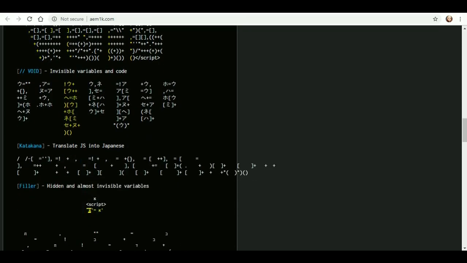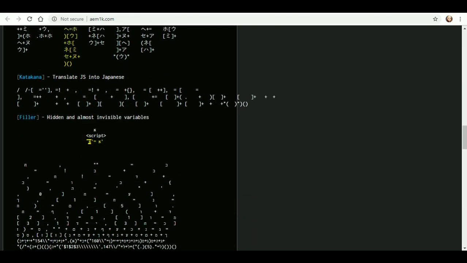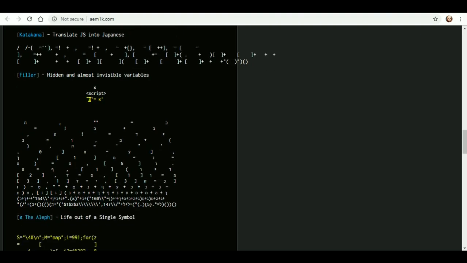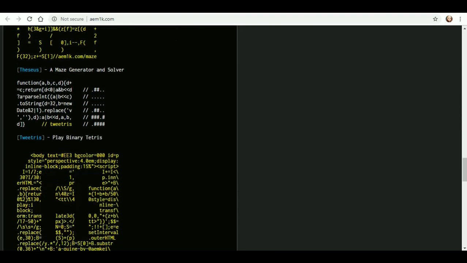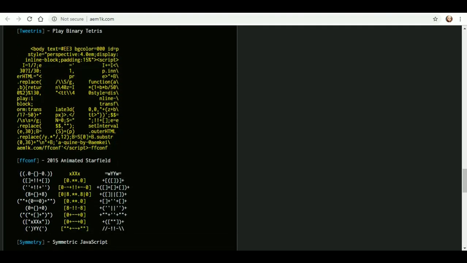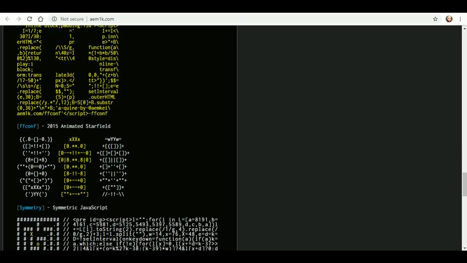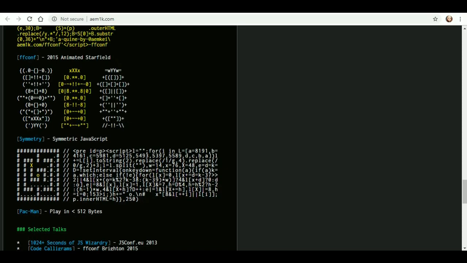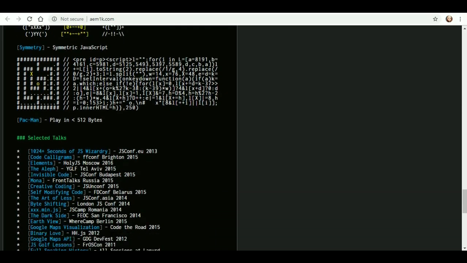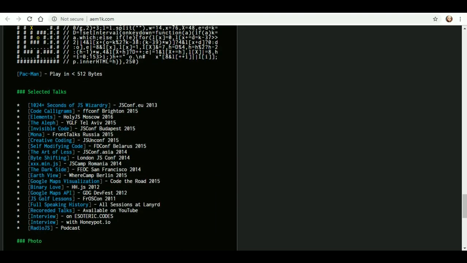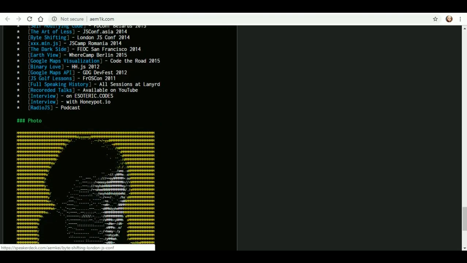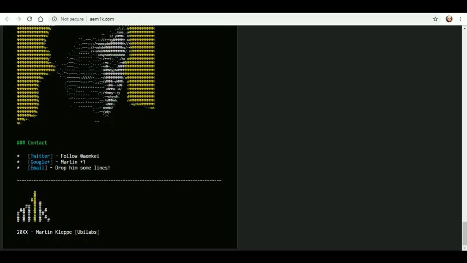I have no idea what most of this is. Translate JavaScript into Japanese. Tweetris. Play binary Tetris. 2015 animated Starfield. Symmetric JavaScript. Play in 512 bytes. Pac-Man. Oh, there are lots of fun little